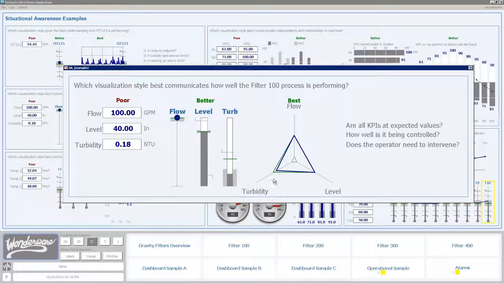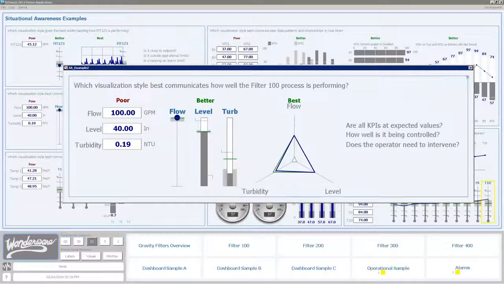And I can see that my turbidity is actually a little bit lower than optimal, and in the case of turbidity of water, that's good. So I can see that my process is pretty good right now. So I can see, are the KPIs at expected values? How well is it being controlled? I'm doing a pretty good job. And does the operator need to intervene? And in this particular case, the answer is clearly no. But when you just look at these numbers, if you don't understand the context, you really don't know the answers